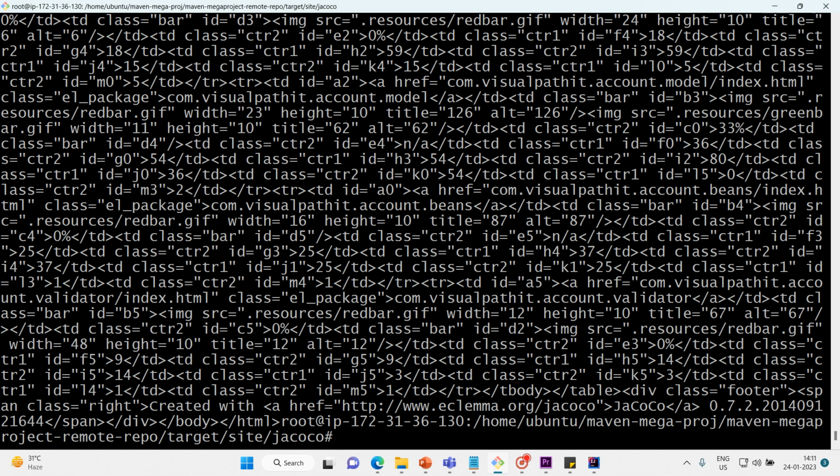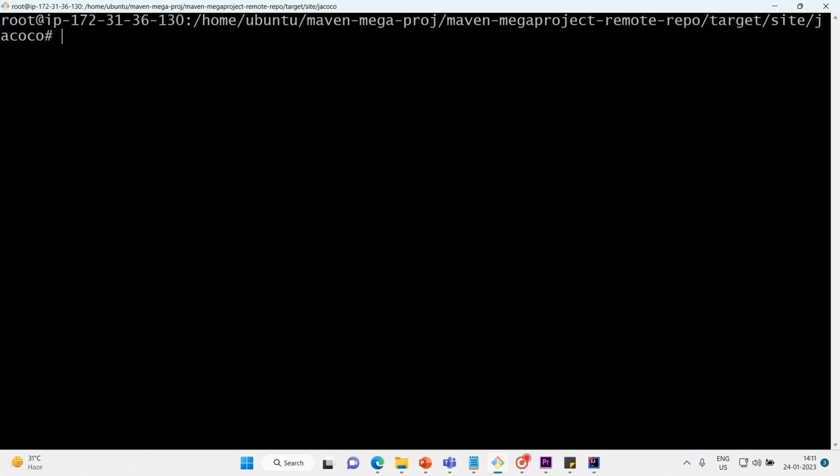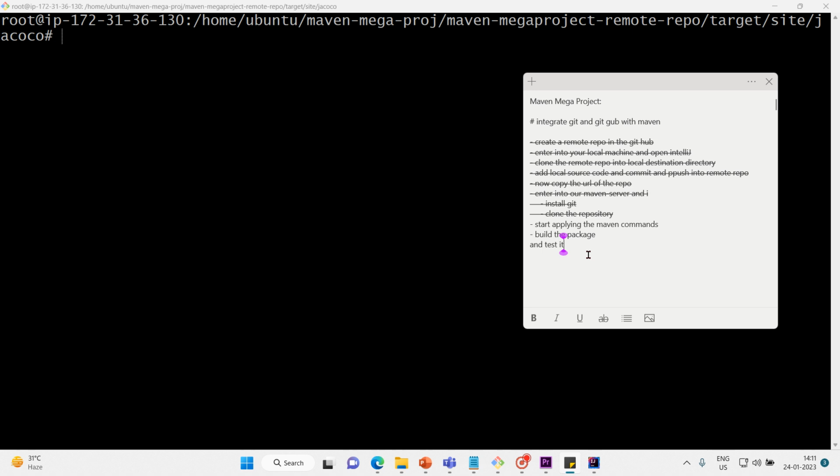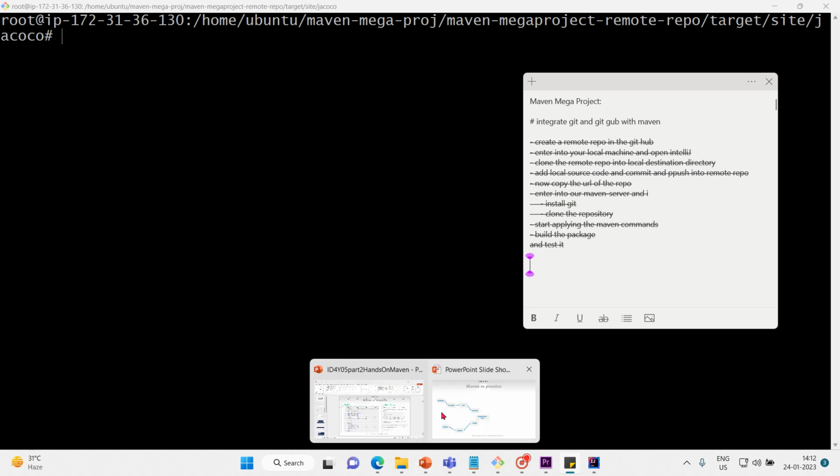That's how it works. So let me clear the screen and get back to our sticky note. We have applied most of the commands, we have built the package, and we have tested. With this, we have proven all the commands which are helpful in building a Java application. And I would also request you to try some